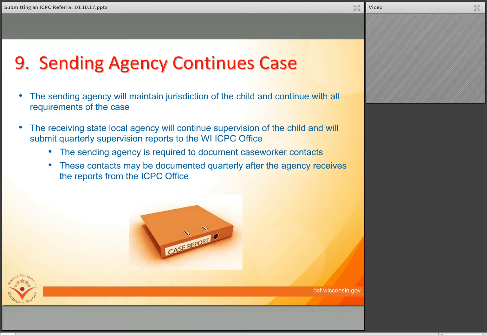With that being said, Wisconsin allows you as caseworkers to communicate with the receiving state caseworkers for case management purposes, as long as all required documentation and communication relevant to the child's case, any of those big changes, are sent to the Wisconsin ICPC office.